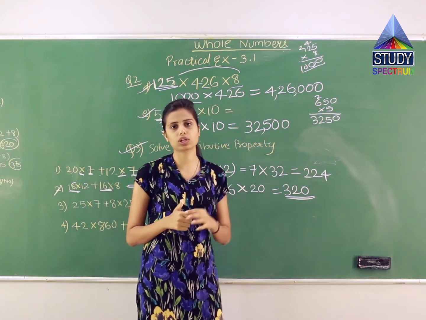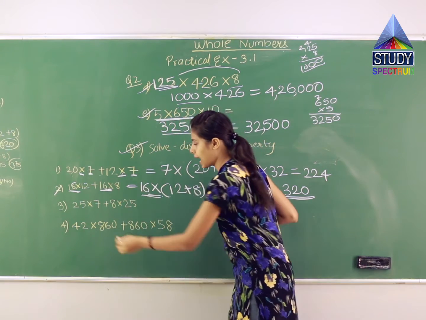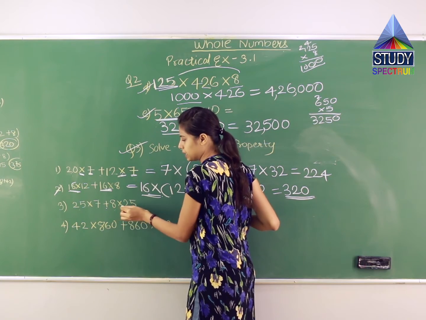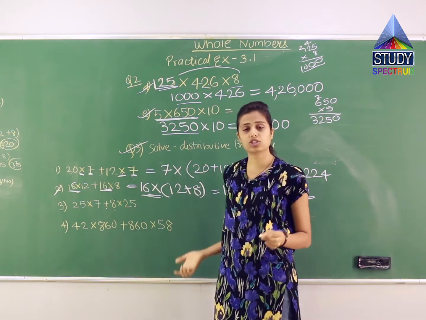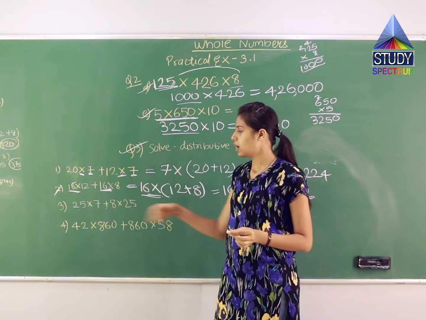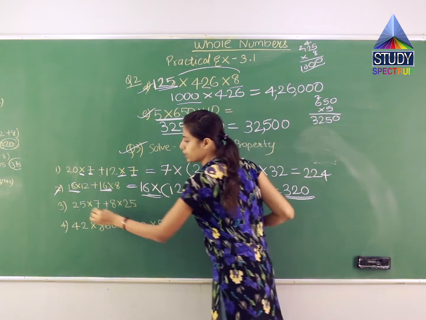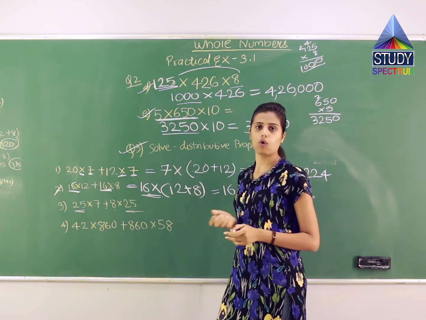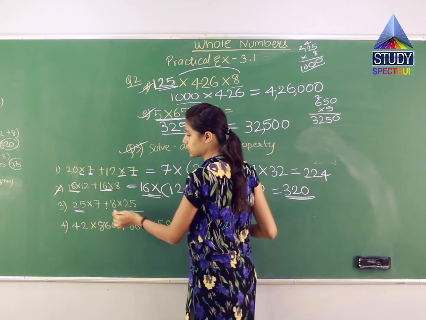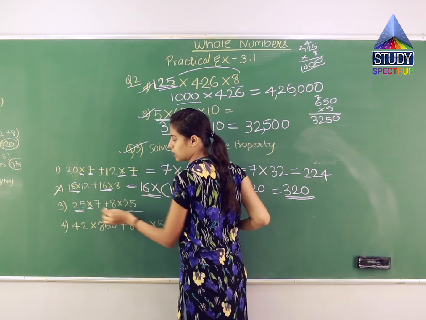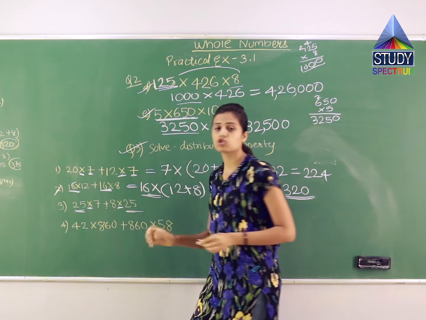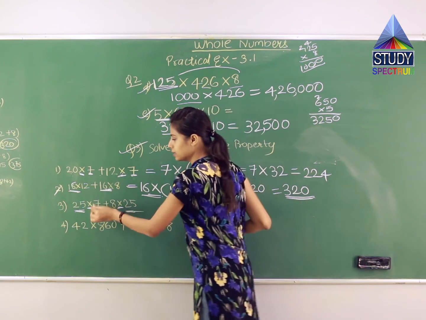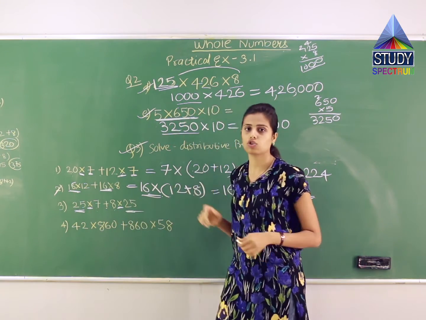Now let us move on to the third question. Same like this only. I have 25 multiplied by 7, addition sign, 8 multiplied by 25. Tell me which two signs and numbers are repeating, no matter their place. So I have 25 over here, 25 over here also. Means 25 is repeating. Now let us see what sign is repeating. Plus sign is only once. This multiplication sign is repeating, right? So this will be what? This will be outside the bracket. And what will be inside the bracket? This 7 plus 8, because this is not repeating.